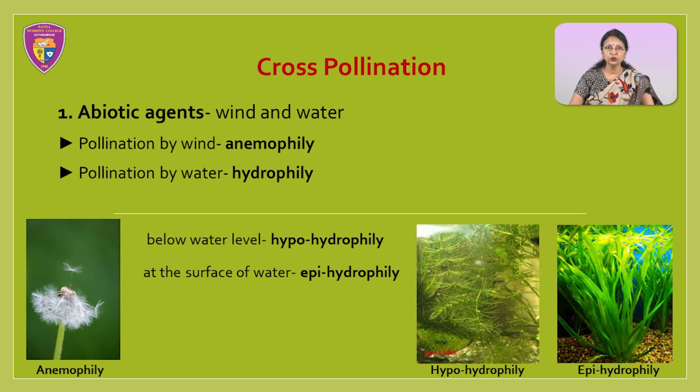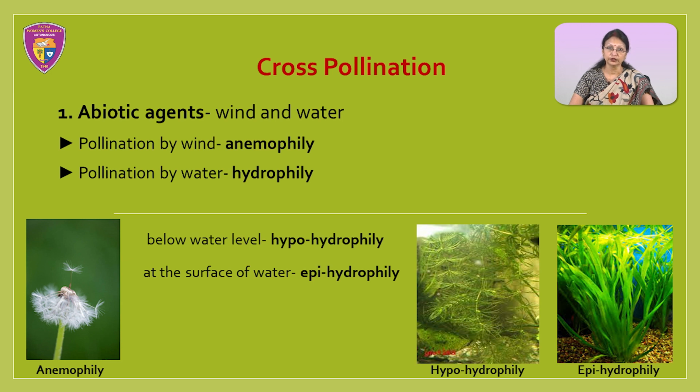Abiotic agents include wind and water. When pollination takes place by wind, it is called anemophily, and when it takes place by water, it is called hydrophily. Hydrophily is further categorized into hypohydrophily when pollination takes place below the water level, and epihydrophily when pollination takes place at